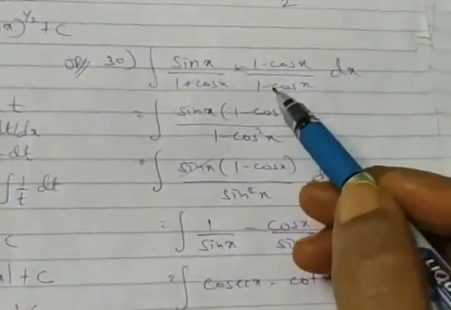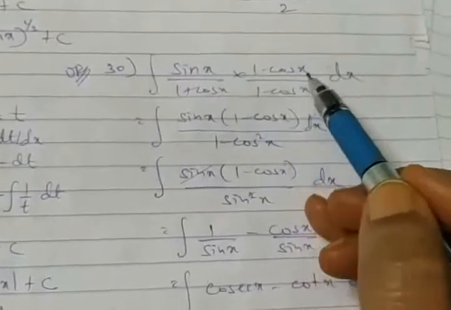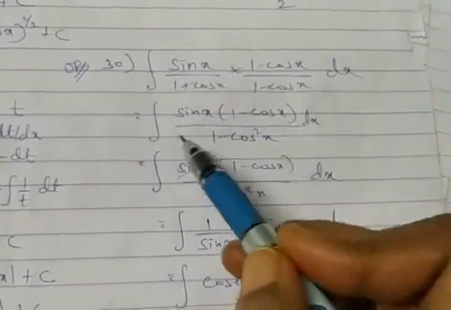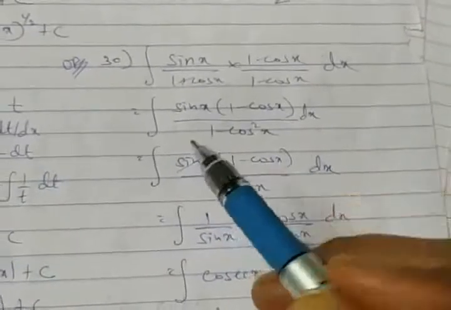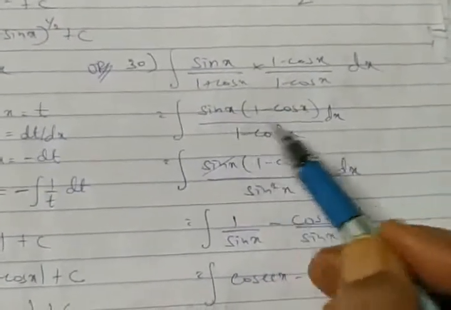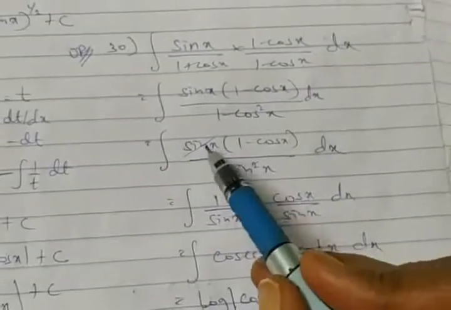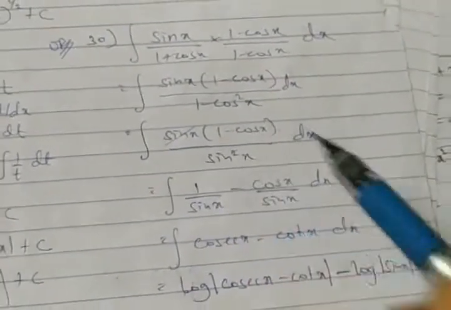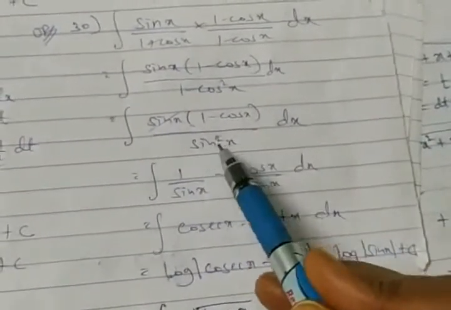So if I think about this, we are left with sin x over 1 plus cos x. I multiplied by 1 minus cos x and balanced with the same. So let's see what happens here. If the terms are reduced to a function which is ready to integrate, it's well and good. Otherwise, come back with substitution. So here we are left with sin x into 1 minus cos x. In the denominator we find 1 minus cos square, which will give us sin square. One sine function gets eliminated. So we are left with 1 minus cos x by a single sin x.